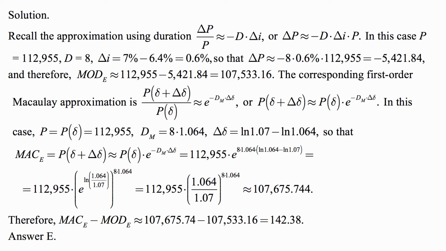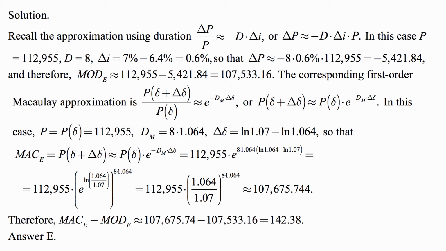That's delta P of delta, where capital delta is the change and lowercase delta is the force of interest, divided by P of delta, and it is approximately equal to e to the minus dm times delta delta, where dm is the Macaulay duration. That means that the new price, P of delta plus delta delta, is approximately the old price times e to the minus dm times delta delta. In this case, the original price is given as